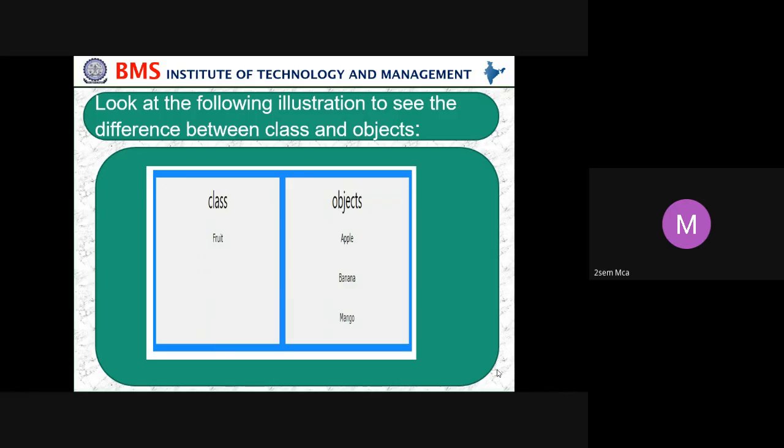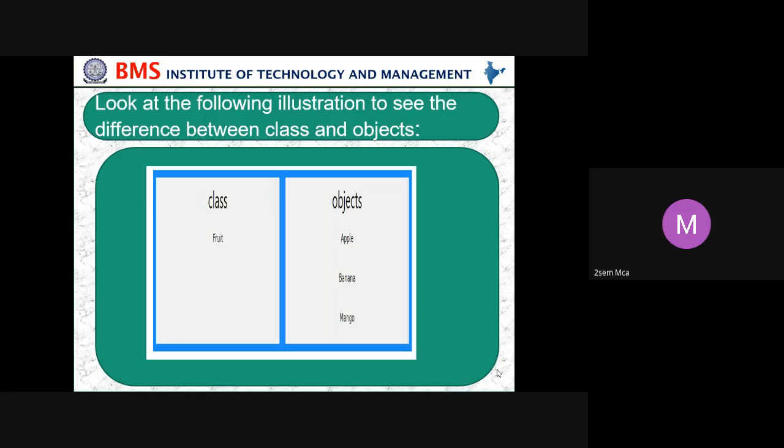Apple is different and banana is different. This is the difference between the class and the object. The same way mango is again different from apple. Apple is red, mango is light orange, banana yellow. There are so many differences between these three fruits.